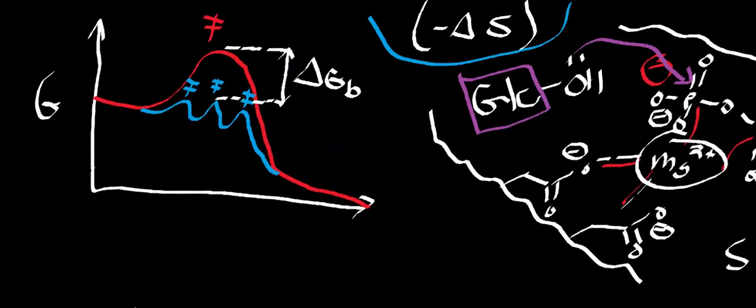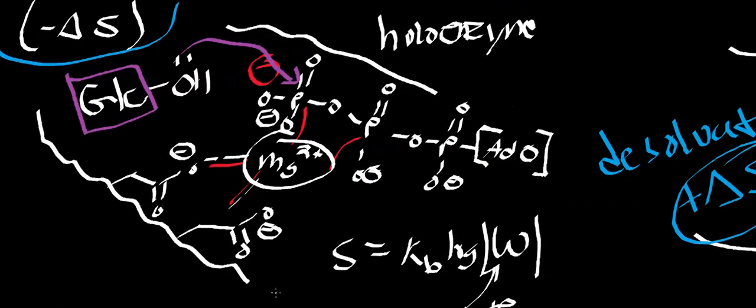The first concept was an entropy reduction. Okay, the entropy reduction occurred when we had the substrate stabilized in the active site. Remember, when you have a negative change in entropy, what happens? Negative change in entropy corresponds to a stabilizing effect. When you stabilize something in the active site, you're effectively restricting its range of motion. You're reducing the number of microstates it can be in, so there's a corresponding drop in entropy. And that drop in entropy, the reduced number of microstates, causes it to be more susceptible to things like nucleophilic